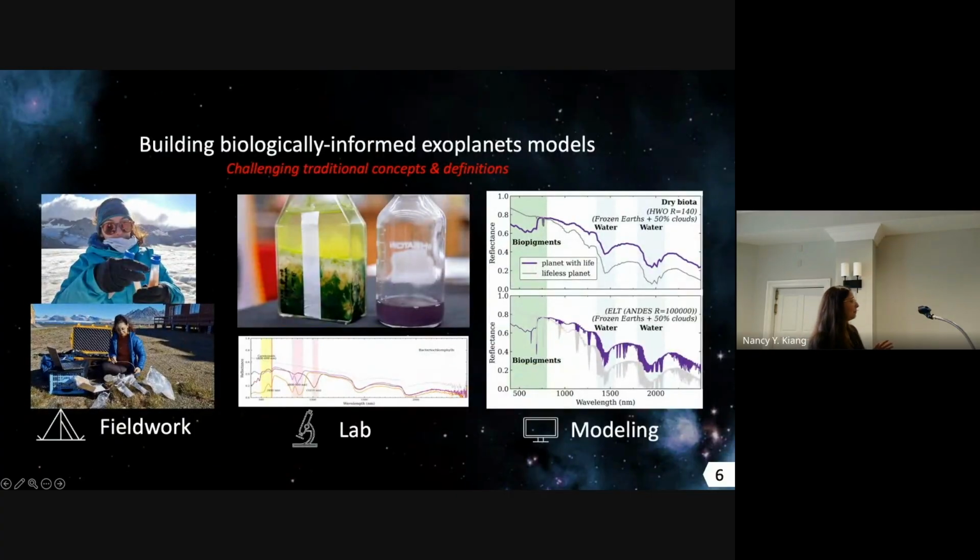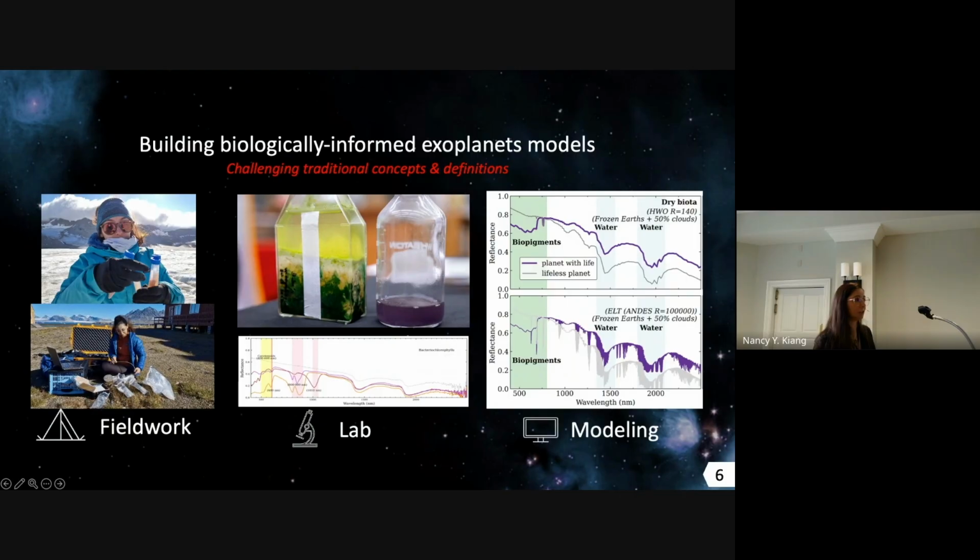Adding to this, though, this was a big source of inspiration for me. With a background in microbiology, but now with 5 years of postdoctoral time in astronomy, this was a problem that really called to me. How could we expand on this knowledge of biodiversity in astronomy and make these models more reliable? So for my method, I covered the Earth in fieldwork, measuring the albedo, the surface reflectance of these locations that